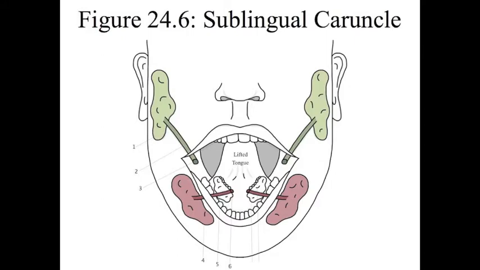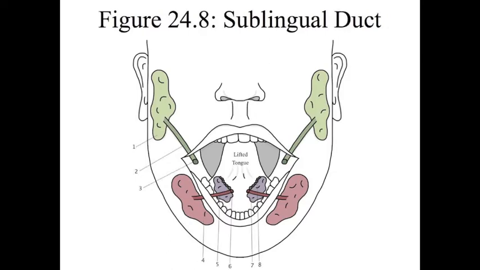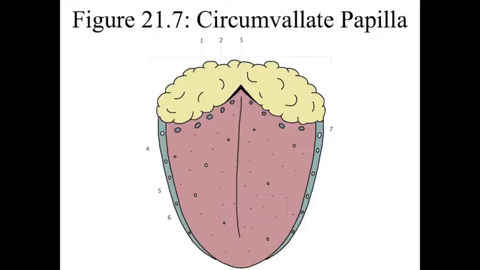Number 6 is the sublingual caruncle. From this caruncle, we get the saliva from both the submandibular gland and the sublingual gland. Number 7 is the sublingual gland. Number 8 is the sublingual duct. It's also known as Bartholin's duct. In order to keep these straight, think that sublingual has the letters L-I-N and Bartholin has the letters L-I-N. Sublingual and Bartholin. The von Ebner's salivary glands are minor salivary glands that are located in the circumvallate papilla of